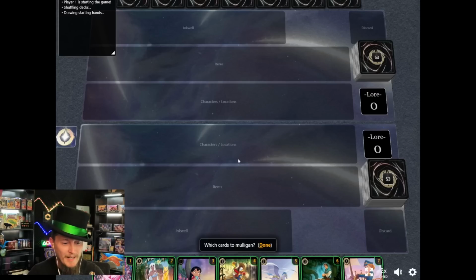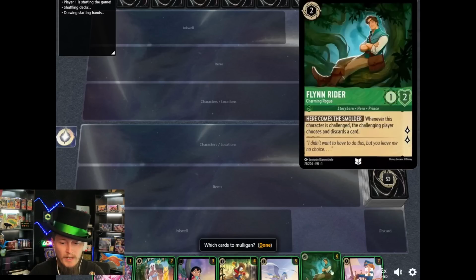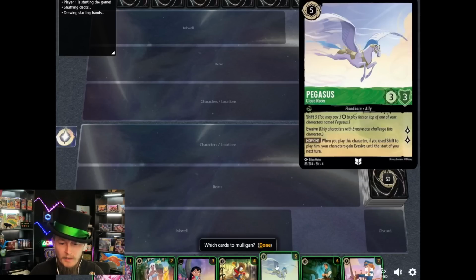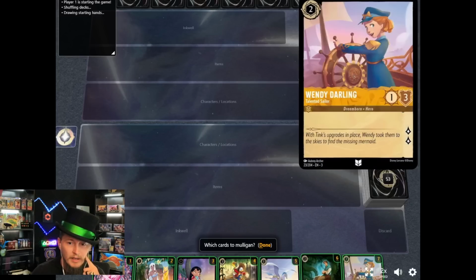Let's see, what do we got here? What's going on down here? Oh, it's reasonably aggro. There is a curve. I do have Ink and Kita. I don't have any good shift targets, but once I have Pegasus, this would be good. Do I want to try for it? I mean,